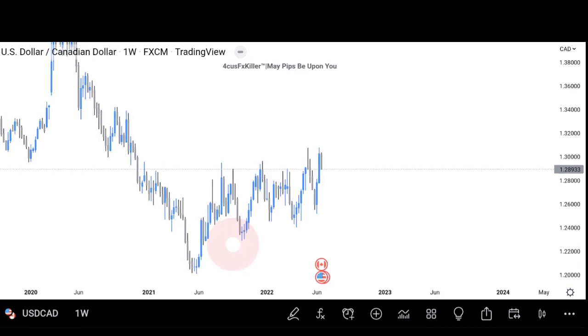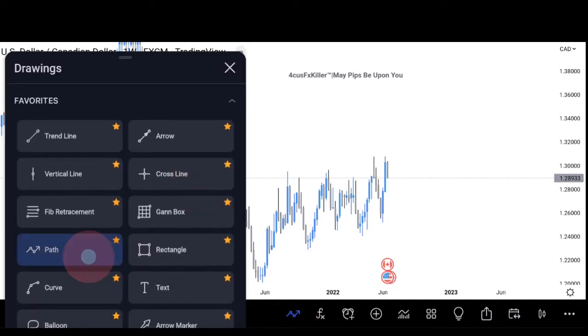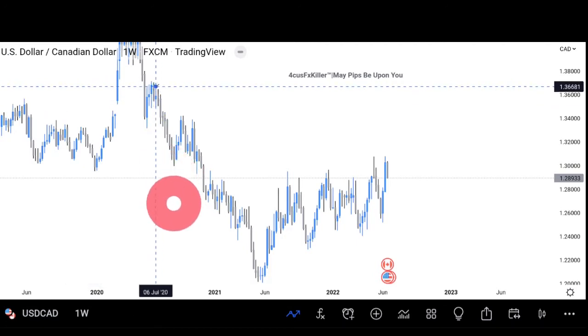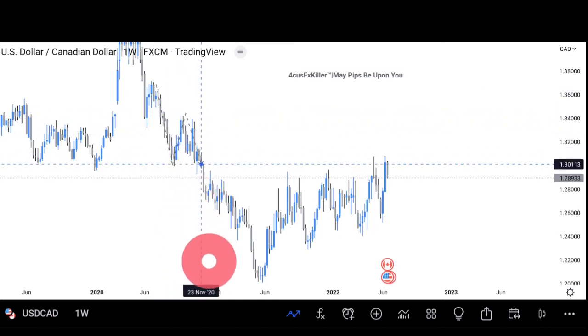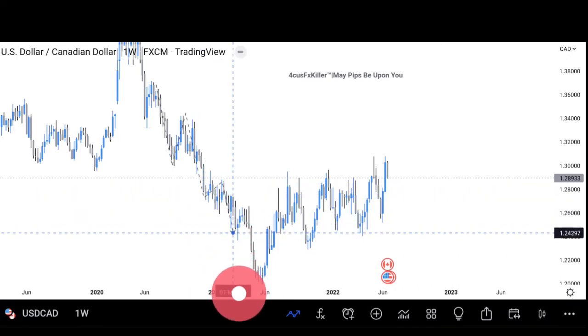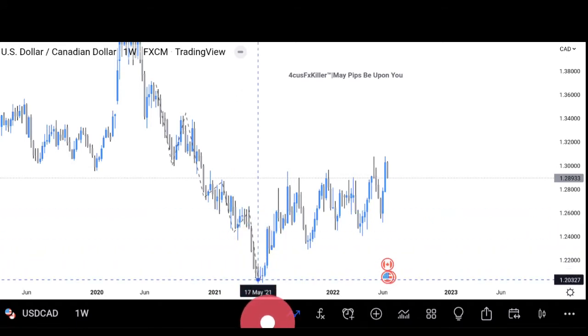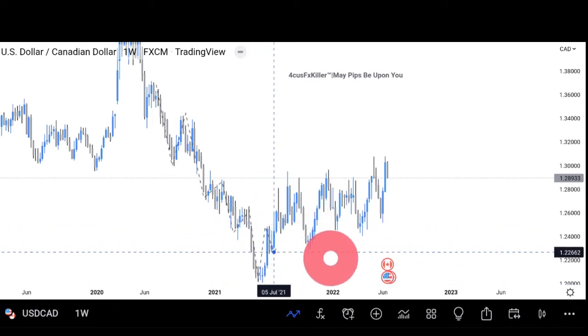Now, what am I saying? An example of the market printing lower lows and lower highs, the market being bearish, is in this case. As you can see, the market printed our lower high here, then it printed our lower low, then our lower high, then our lower low, and it continues doing the same, printing lower highs and lower lows as it descends up until this level, where it now changes character and prints a new higher low,